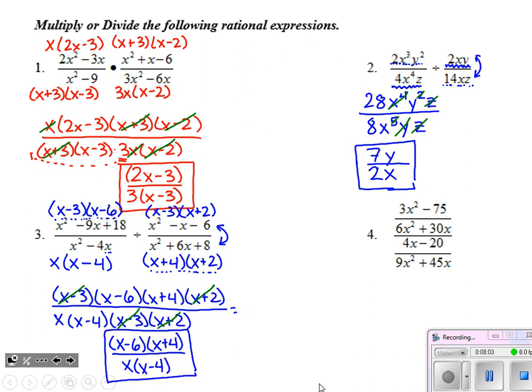Those factors have to match perfectly in order to be able to cancel them. So it's tempting to cancel out x plus 4 and x minus 4, call it a negative 1, but we cannot do that. The only way that could happen is if we could take a GCF of negative 1 out of one of those factors, again, to make them match perfectly, and we can't do that here.